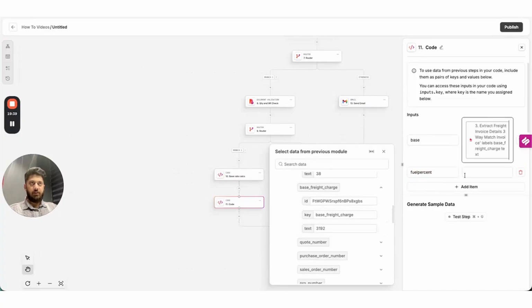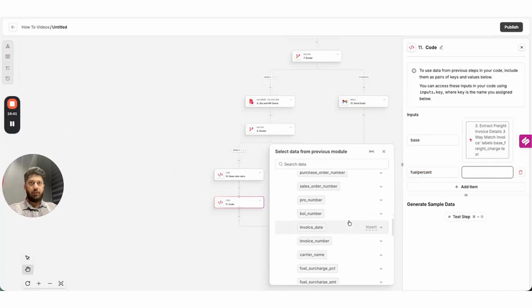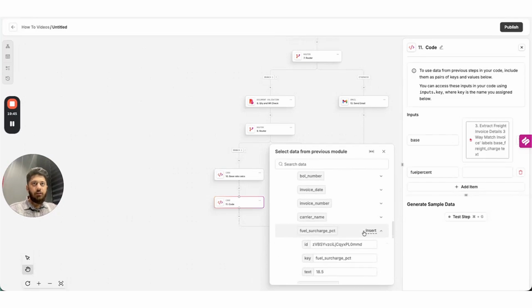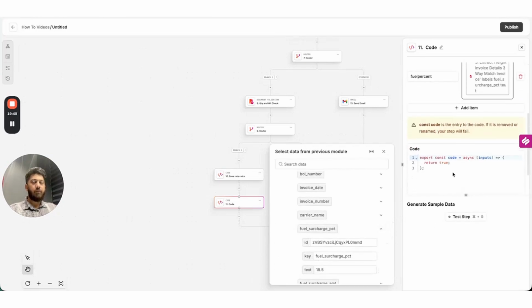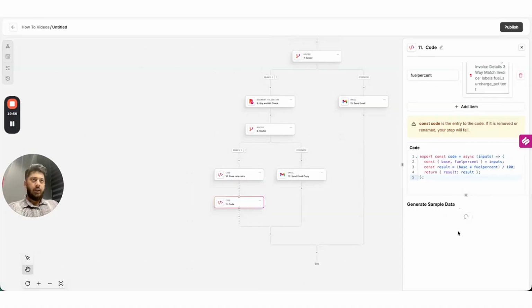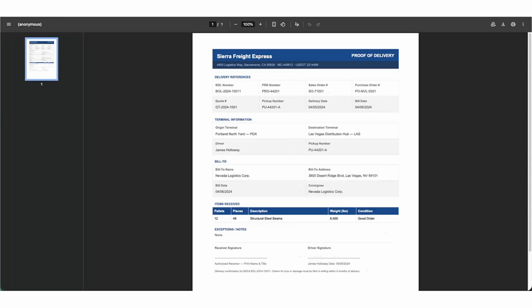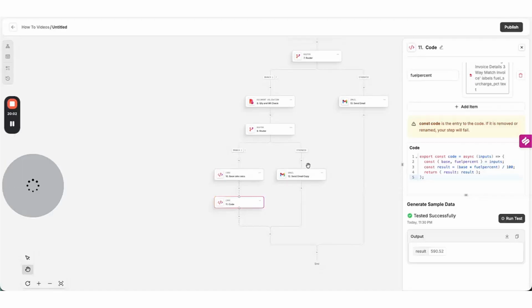So that's my base 3192, and my fuel percent is right about here. Great. So I think I should be getting the value 590.52, which I have already got,